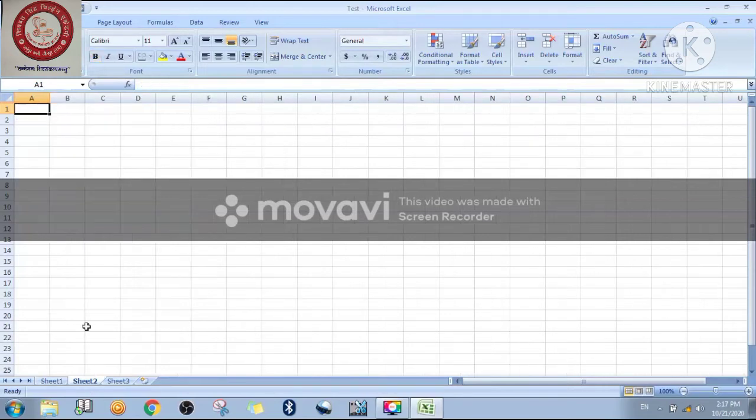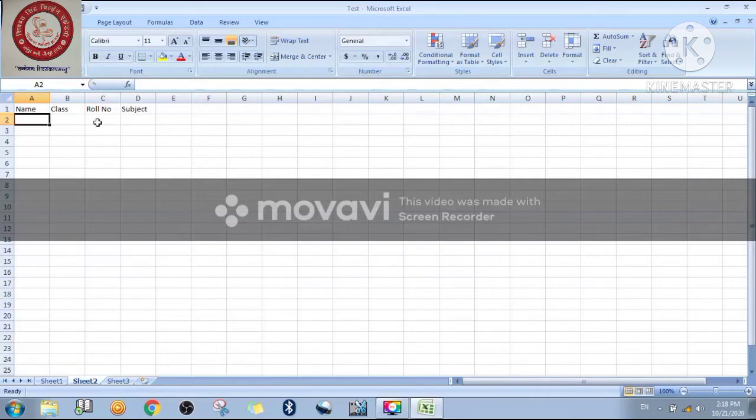Suppose I am taking sheet 2 here, and I want to write here name. Then suppose I have written class, then roll number, and then subject. On the name you can write any name, right?